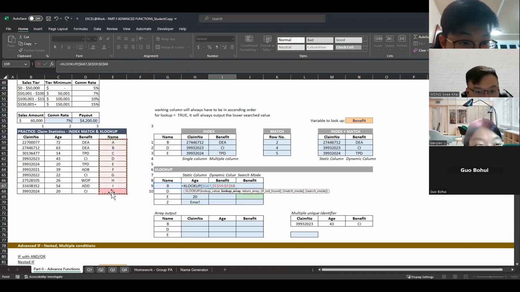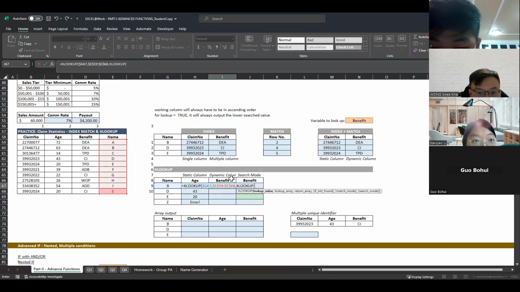And then for my return array, I want it to return based on what I'm looking for over here, this benefit type. But in case this changes, at least my formula is able to change accordingly. So I will do another XLOOKUP, and I will look up this benefit type.